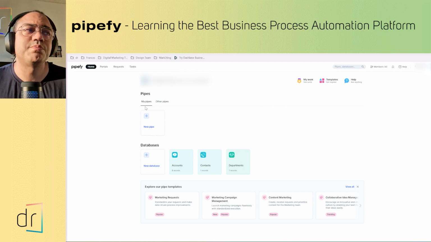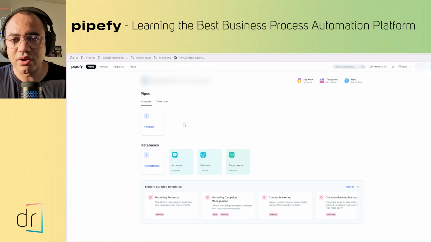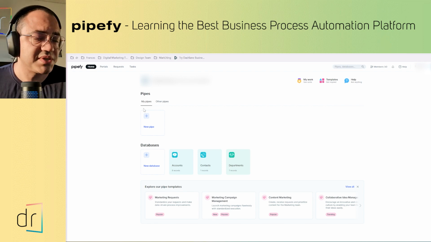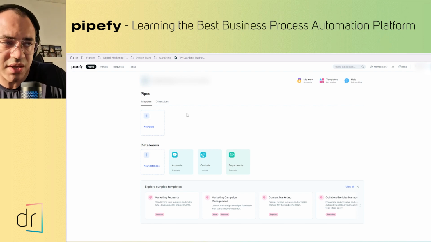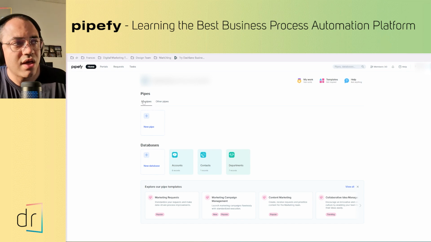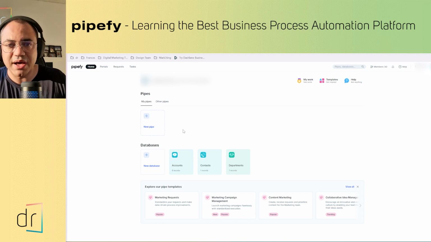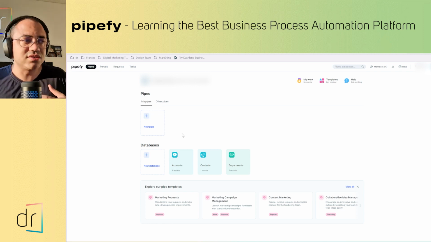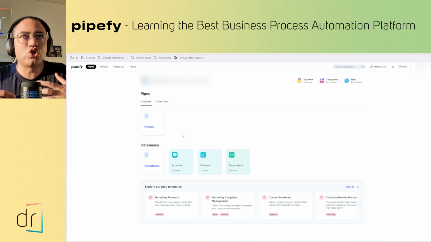What's the meaning of pipes? Pipes are the workflows that you want to create, okay? The business process that you want to automate on Pipefy. On Pipefy, we call workflows pipes. Okay, that's the meaning of pipe. When you create a new pipe, you create a new workflow. This workflow could be,